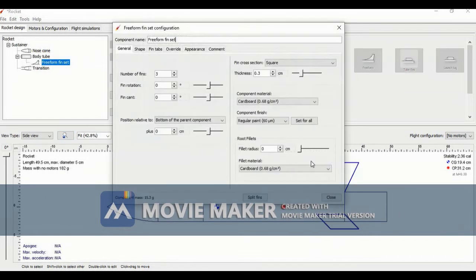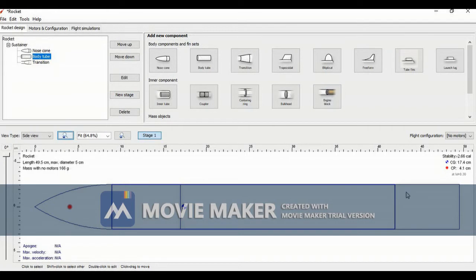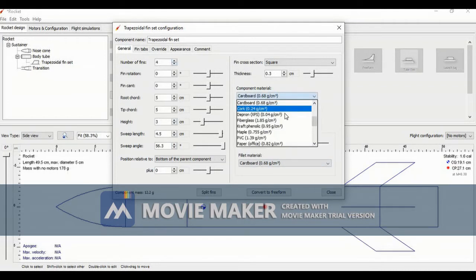Now if we take this, it also doesn't look that good. You can also take it as it also looks good, but I will be taking the trapezoidal because I like it somewhat. Now let's take this, and now it looks like the freeform one, but I will take this and I will make its length bigger. Let's decrease it somewhat. So now it's okay. Now we will be taking fins at 4. It looks good.